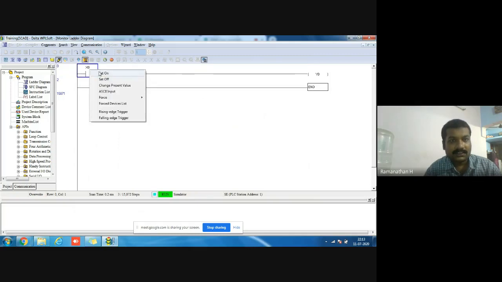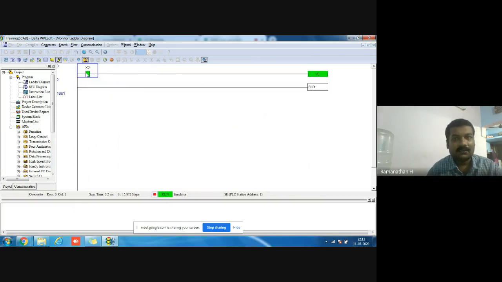Right click and set it on. Once you turn this NO on, the output will turn on. Once you turn it off, the output will turn off. These X0 and Y0 are the raw digital inputs and raw digital outputs.